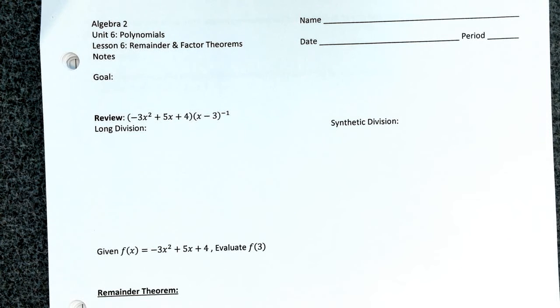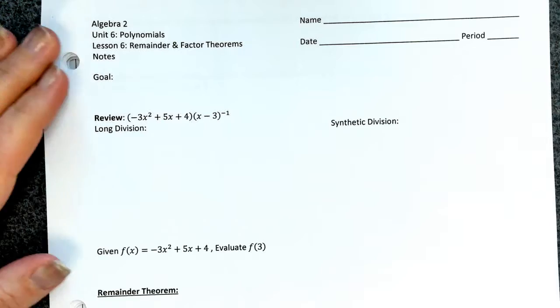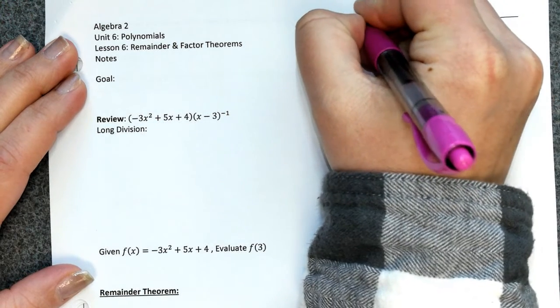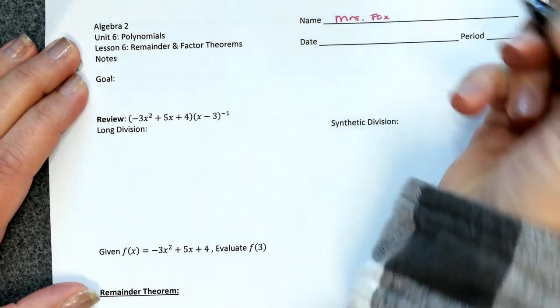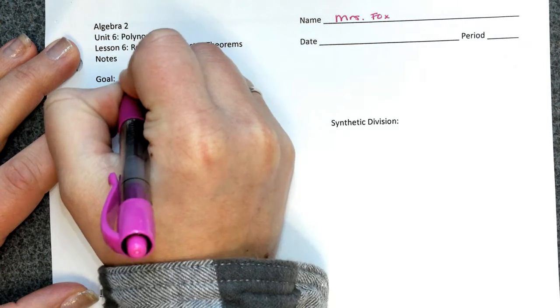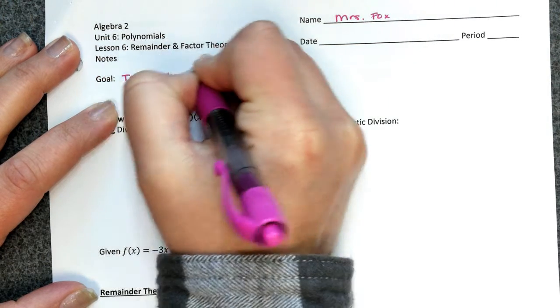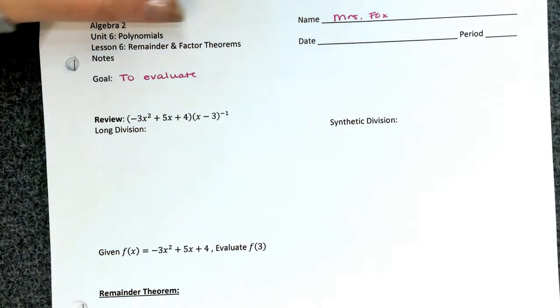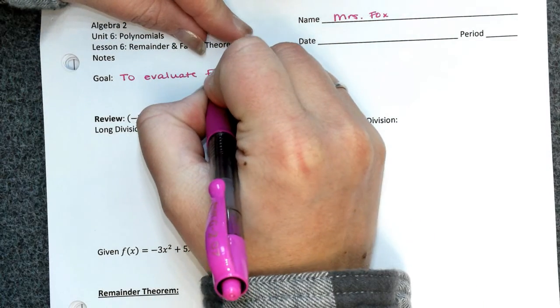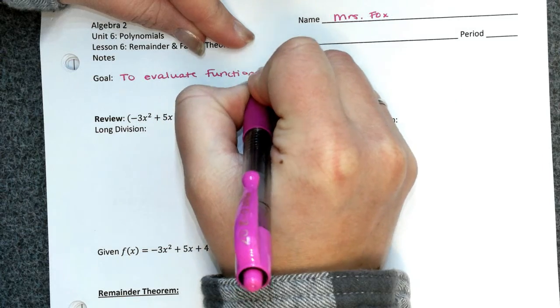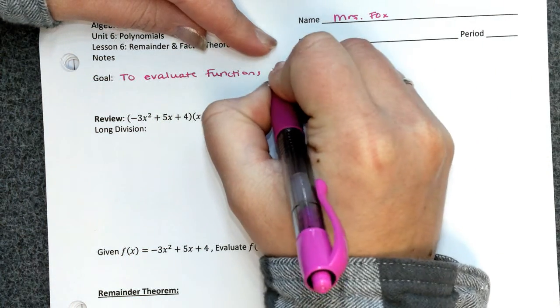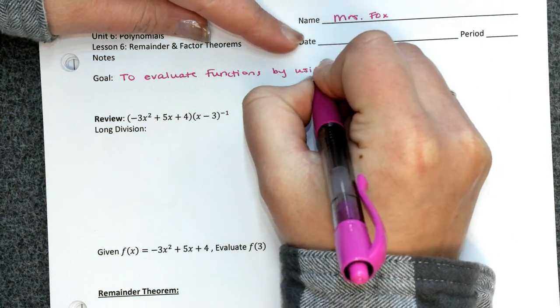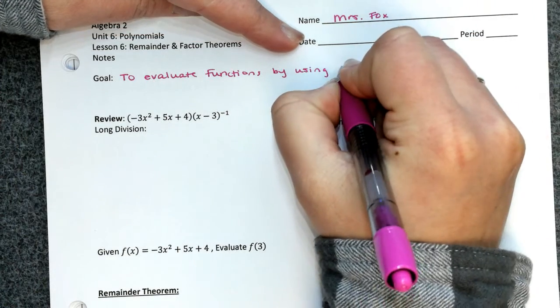All right, so 6.6, we've been working with polynomials, and today we're going to talk about the remainder and factor theorems. So, our goal today is to evaluate functions by using synthetic substitution